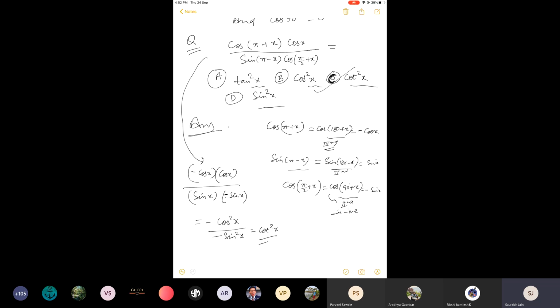So nothing new. I have reduced every term with the help of reduction formula only. After reducing them, you put them in the question, you will get this answer. Yes, sir. Whole class is based on reduction formula only, so nothing new. Now only the question will be different. Rest theory is completed.